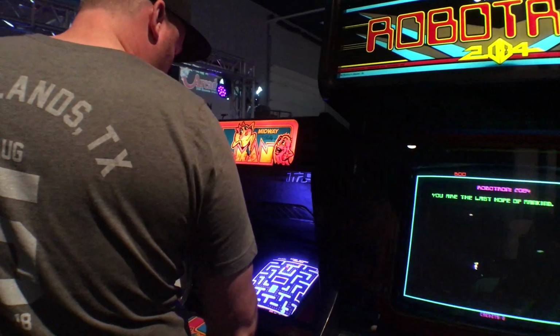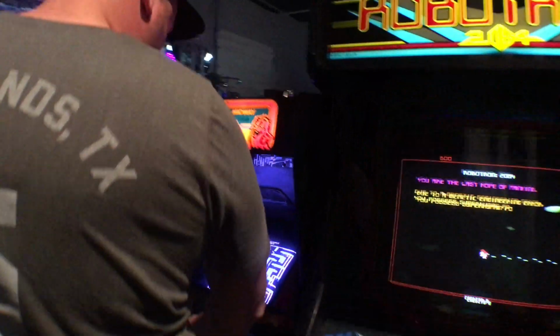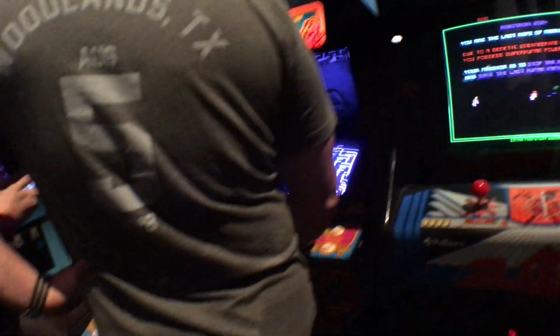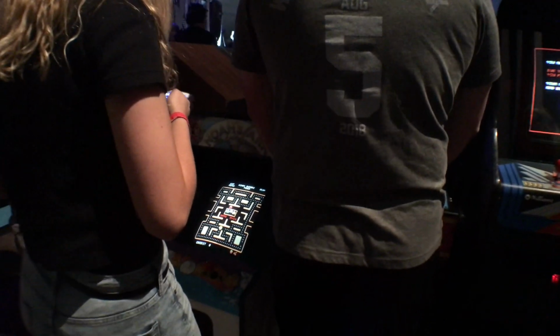And then there's a Ms. Pac-Man Cabaret. But I got the bezel signed by Billy. Yeah, it has Billy Mitchell. But I think this one was a 16-1 in there, right? This is the one, the Cabaret. This is a 16-1, that's what it's called. I thought it had a 16-1. I think so. And then right over here,